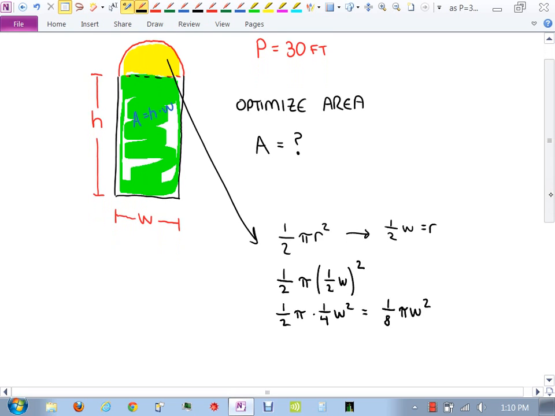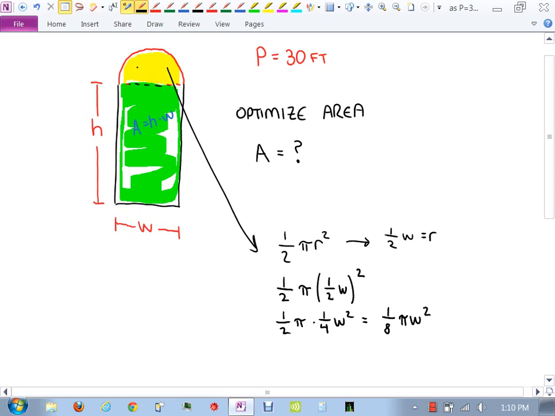Okay, so now let me go up and label this area up here in the yellow. It's 1/8 pi w squared. So the area of my window now, I'm going to come back over here where I had the question mark, would be height times width, so hw, plus 1/8 pi w squared. Now that is a legitimate